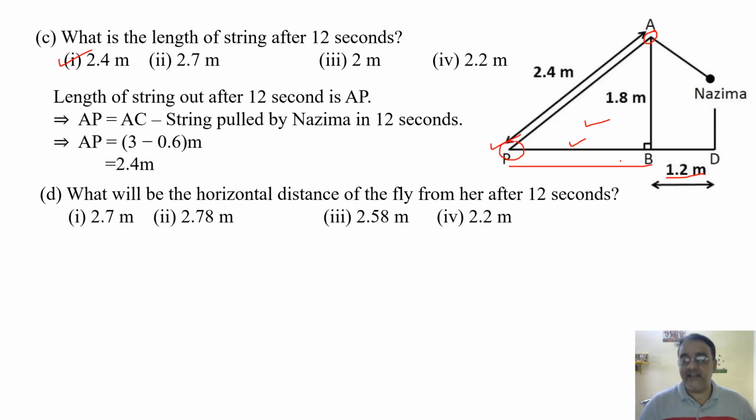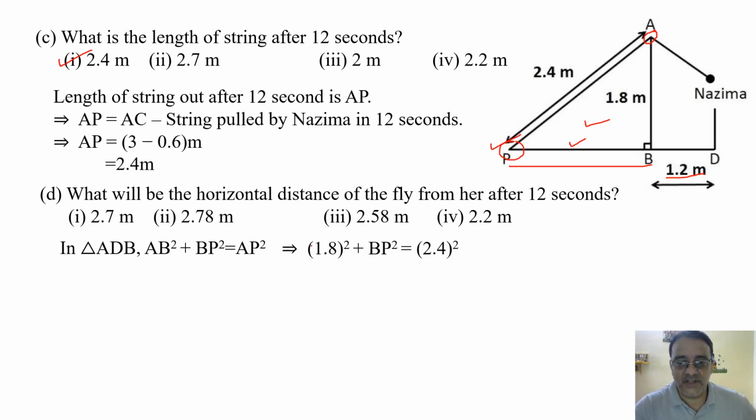So we will find PB like this using Pythagoras theorem. That is AB square plus BP square is equal to AP square. Now we will substitute all the values. 1.8 square is AB square and AP square is 2.4 square. Now this is 3.24 and this is 5.76. We will substitute and after subtracting we are getting